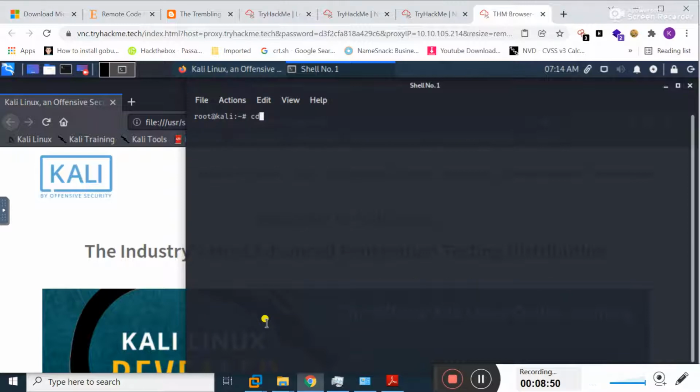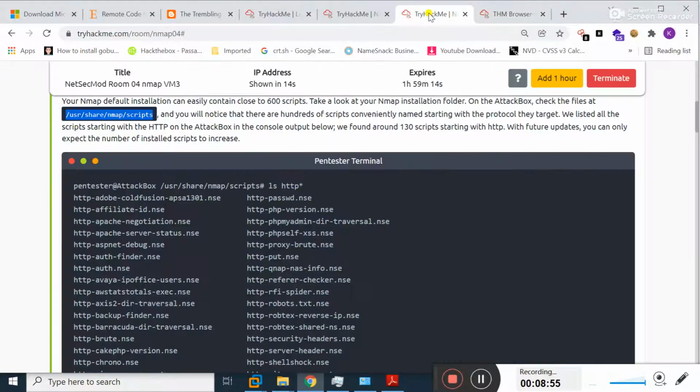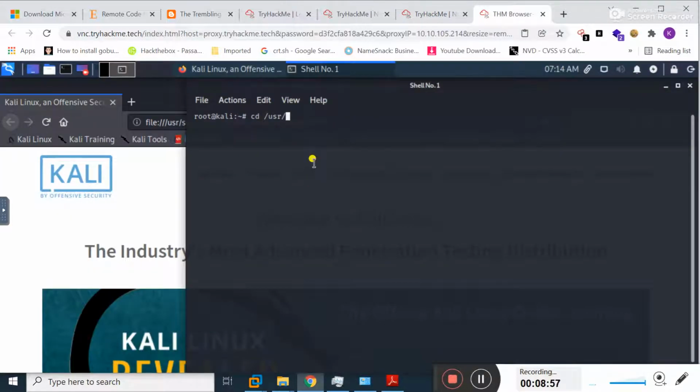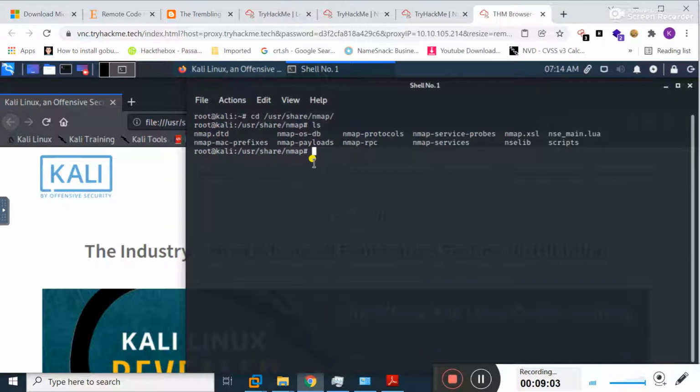If I move to /usr/share/nmap and press enter, ls. Okay, see here scripts are present.